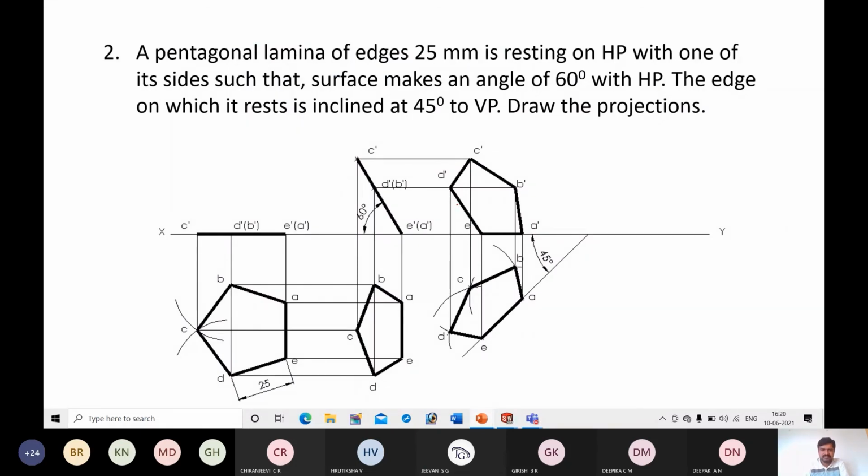So again, same data, only the lamina is different. Later I will share the solution. From this chapter onwards, you should submit both classwork and assignment. Classwork means it is like your notes. Without practice you cannot solve problems, you cannot understand the concepts. You should try to solve problems. I will give 3 problems as classwork. It is like notes.